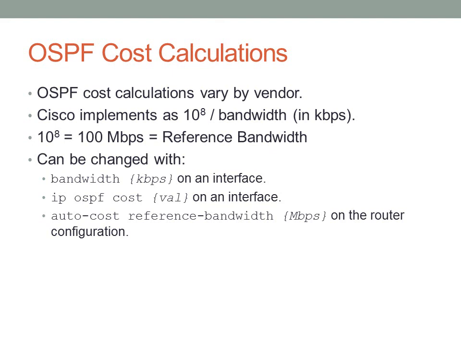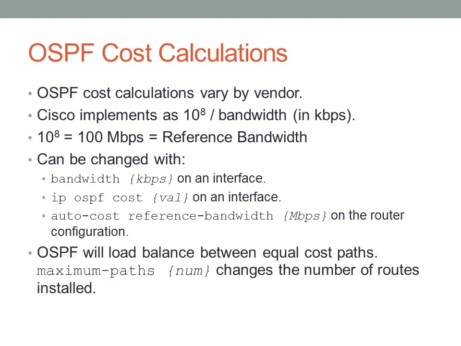And finally, we have that command that I was talking about that can adjust the reference bandwidth. Keep in mind the reference bandwidth is in Mbps. I don't know why this is, because the calculation is done in kilobits per second. So auto cost reference bandwidth will actually adjust that reference bandwidth, that is that top number in the numerator there, to determine your OSPF cost. This is, like I said, very useful if you want your gigabit links to take precedence over your Fast Ethernet